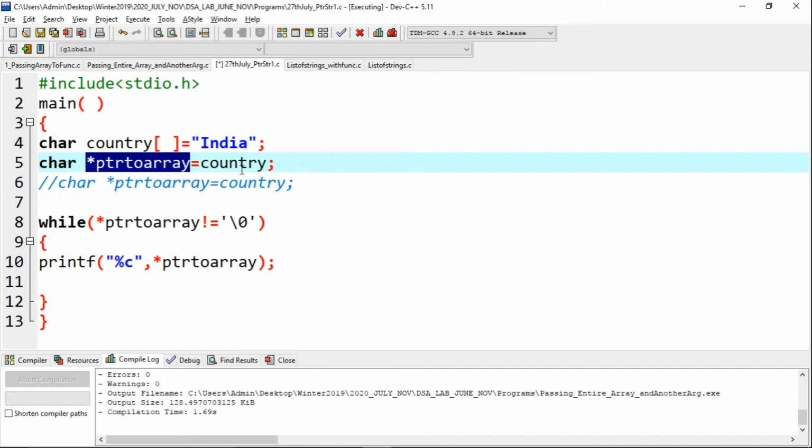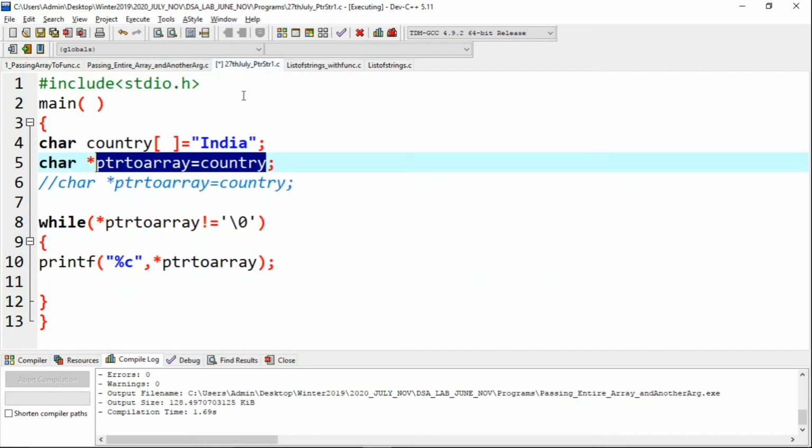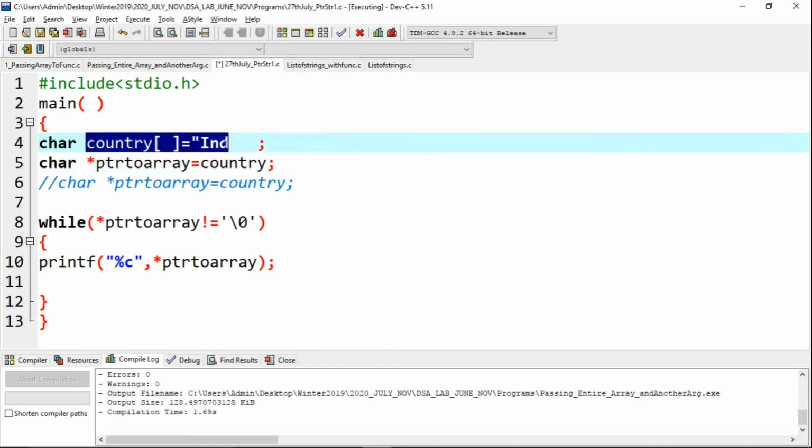This is one way of doing it. Otherwise, you can do the same thing with *ptr = country. This is also a way of initializing the base address to the pointer. So here the pointer is a pointer to the country array.